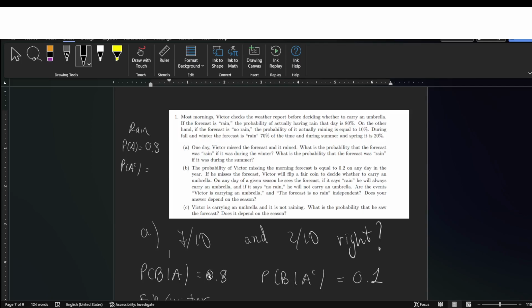Totally, because the forecast... So we can infer. Oh, that's what the professor was talking about, I think. We can infer that when the forecast is rain, 20% is a lie, or